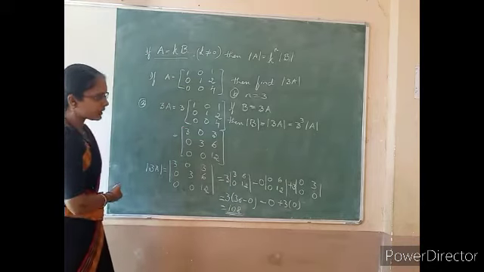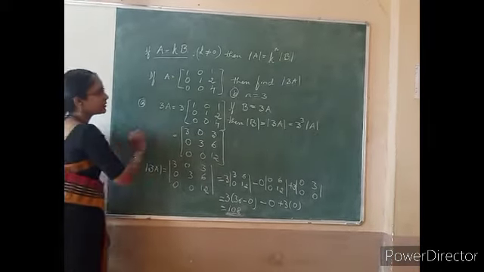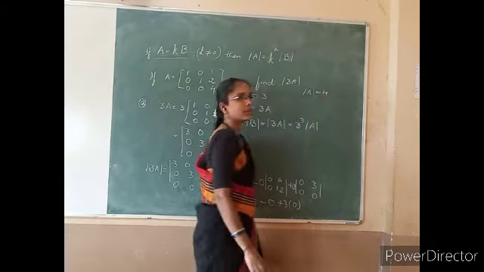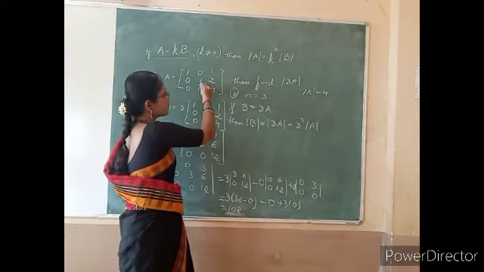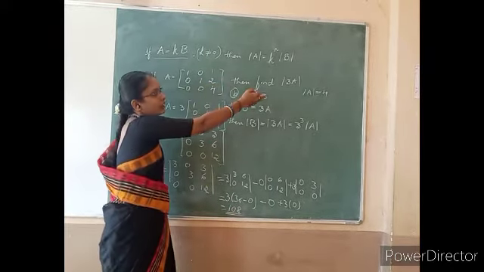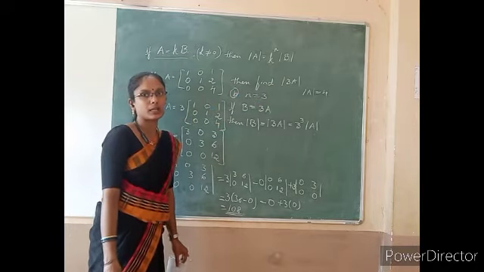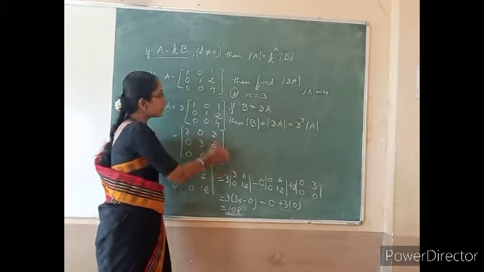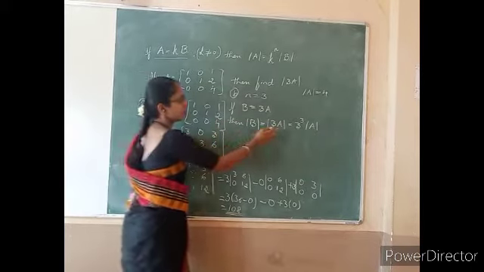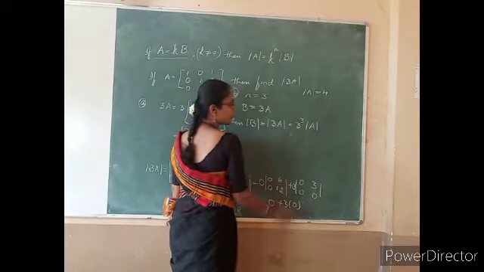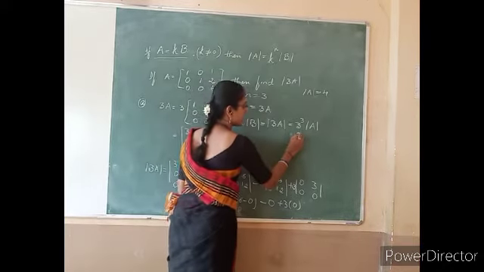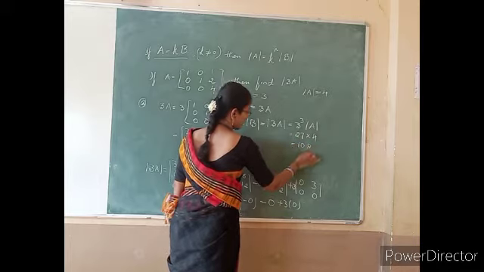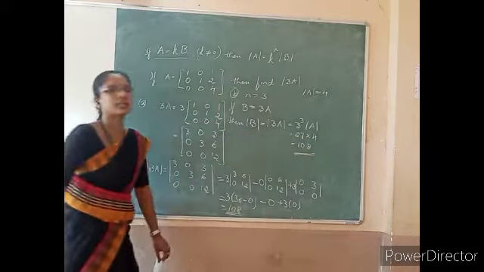Okay. I already calculated here. So, I know that the determinant of A is equal to 4. Sometimes in the question they won't give the matrix. Instead of that, they will give the value of the determinant A. In that case, we have to use this formula itself. We cannot go through the first method because we don't know the matrix in that case. So, 3 cube into determinant A, 3 into 3, 9, 9 into 3, 27, 27 and determinant A is 4, so total 108. So this formula is very helpful in CET.